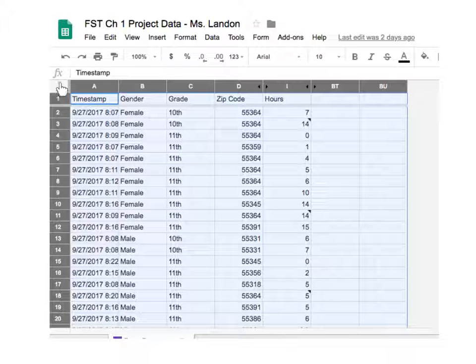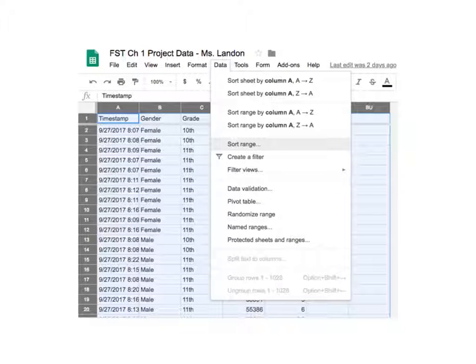First, click on this central box right here and it will actually highlight all of the data for you. Next, you're going to want to go up to the menu bar to data, and when you click on that, notice a few things first. These first 4 options are going to either be to sort the sheet by the column from A to Z, so smallest to largest, or Z to A, or use the sort range by this. These are pretty similar for our